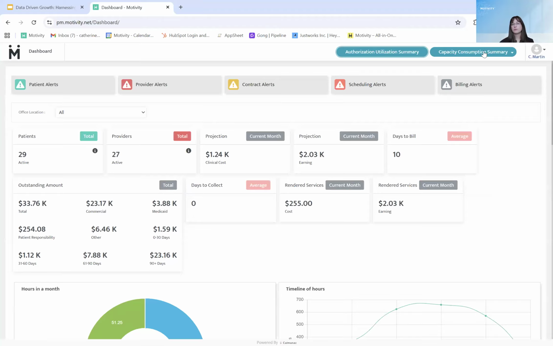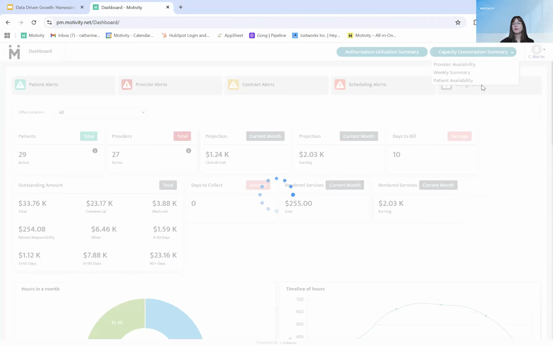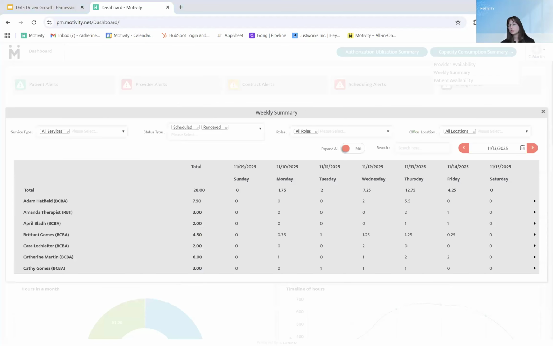The other key metric on the top of our screen here is the capacity consumption summary, and this helps inform you on how your staff are being scheduled. It's similar in working through decisions on should our staff be scheduling for themselves? Should we be setting recurring schedules? Are we noticing that BCBAs are only billing for 5/5 and we want to see an improvement in how they're billing for 5/6? Are they able to set those recurring 5/6 schedules? So all things like that become really important, and this summary allows you to do that in quick and real